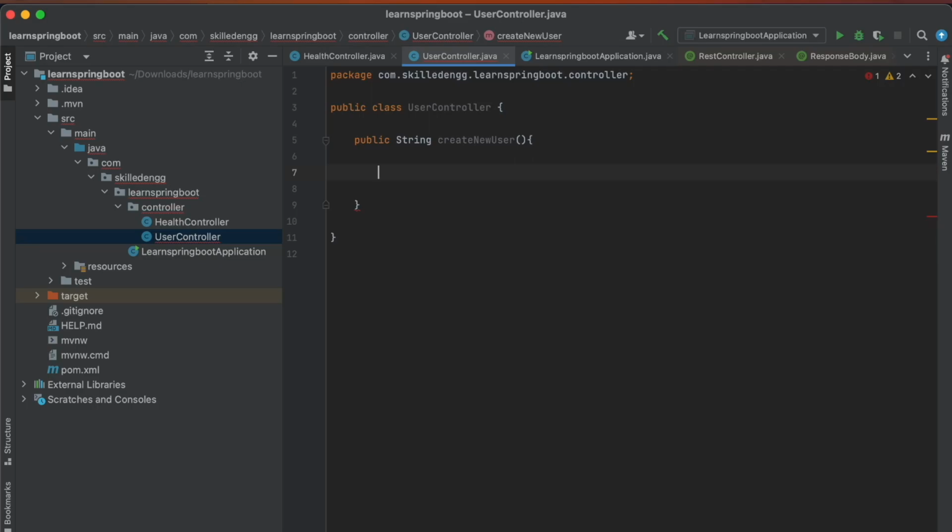Now let's say we will do some steps to create the new user. Let's suppose some database is there and we want to save the entire information which we have got for the user in the database. We will do all these things in detail, similar to a production ready project, in this Spring Boot series itself. But for now I am just keeping this very simple, so that we understand the POST API first, then we will create the actual project later on. You do not need to worry at all.